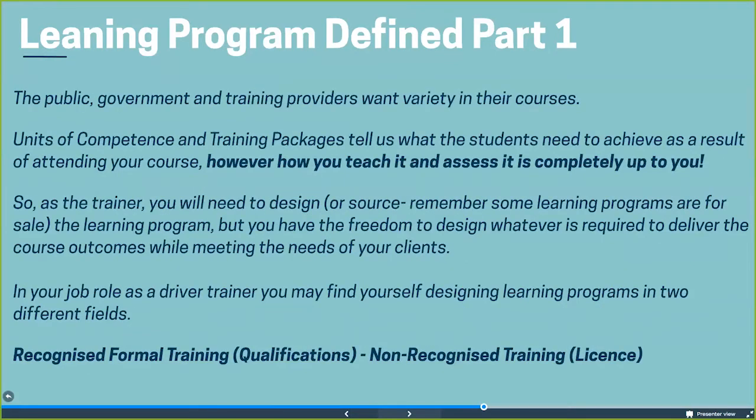The public, government, and training providers want for writing their courses. So units of competence and training packages tell us what the students need to achieve as a result of attending your course. However, how you teach it and assess it is completely up to you. And that's important. Quite often, as it says there, the public, government, and training providers don't want courses to all be the same. And especially in our area, and those that are doing the TAE qualification, when we get a so-called unit of competence, which is a benchmark, they don't tell us